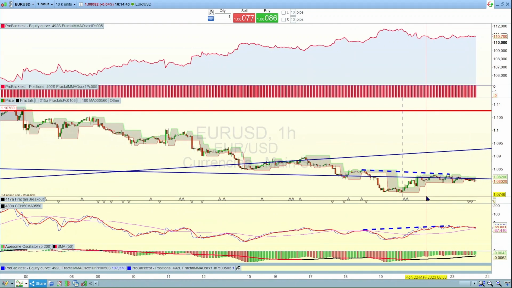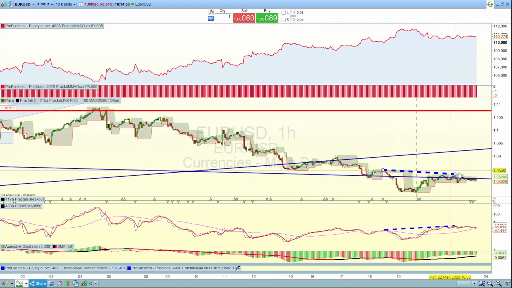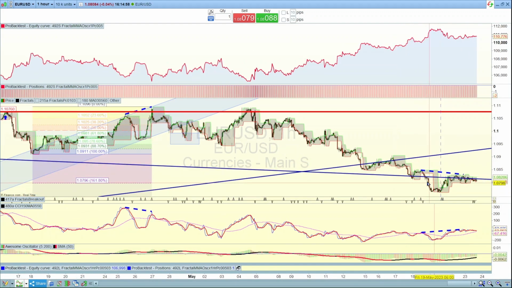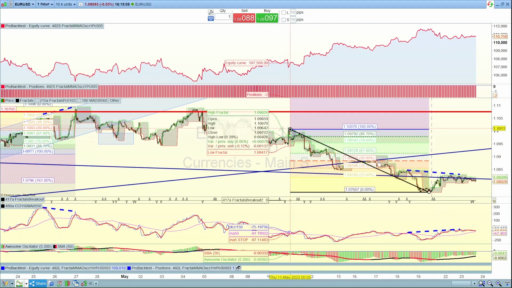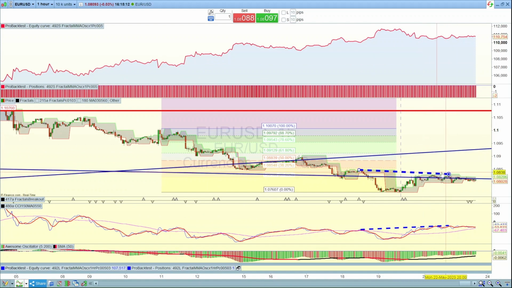Now here, currently playing out, we're seeing a bullish divergence, so we may see a price bounce to the upside possibly. And again, for this to work, we want to see the price break above this key resistance area. And for that, what you do is you place a Fibonacci retracement at any one of these recent highs or this low. So if I put a Fibonacci between, say, that low and that high, if I zoom in, you can see there, and if I draw a rectangle, the initial target area would be